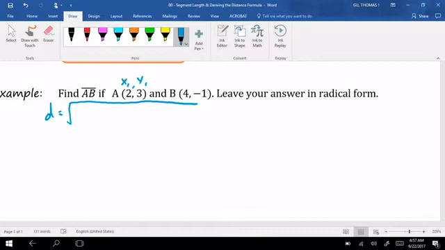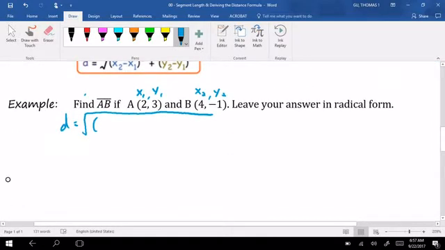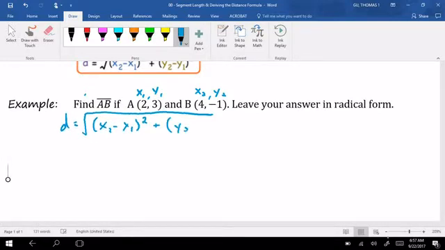And then B will be our second point, so I'll label this one x sub 2, and this y value over here, y sub 2. So now remember our formula was x sub 2 minus x sub 1, quantity squared, plus y sub 2 minus y sub 1, quantity squared,